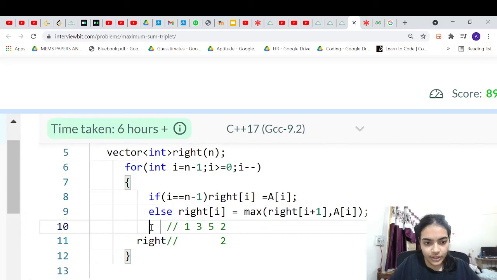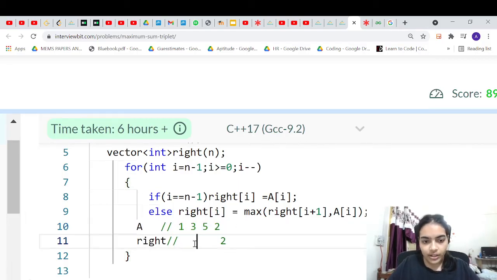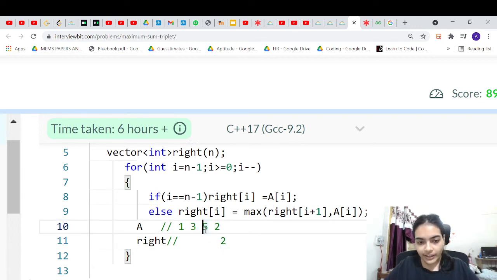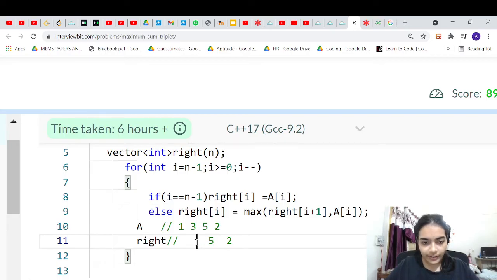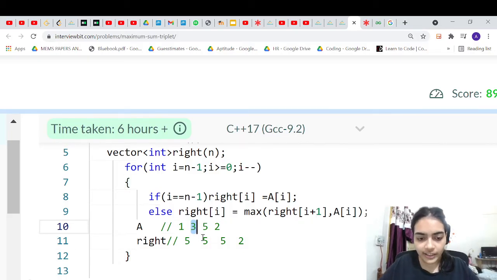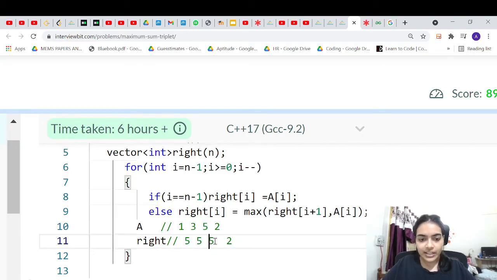And this is your A, right? This is the array that you have. So you'll compare 5 with 2. Now you can notice that 5 is greater than 2. So this will become 5, right? And all the elements will have 5, because you will compare 3 with 5. 3 is not greater than 5. So it will be 5. You will compare 1 with 5. Again 5 is greater. So 5 will become the element in the suffix array. So this will be your suffix array that you will build. So this is the simple logic. Let me delete this, and now we'll move forward.